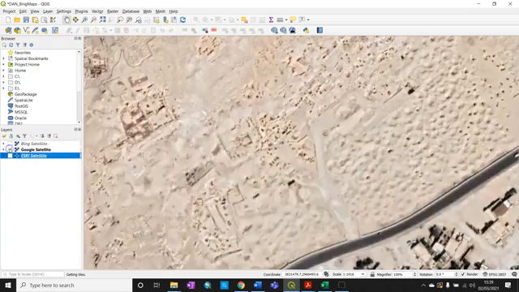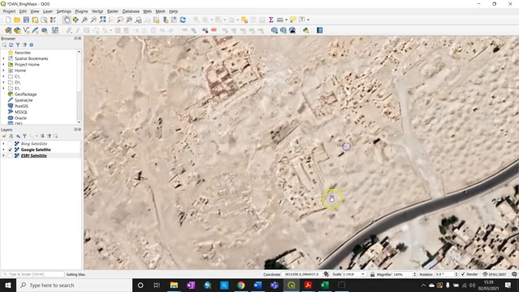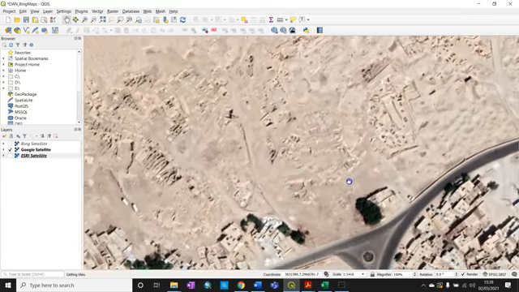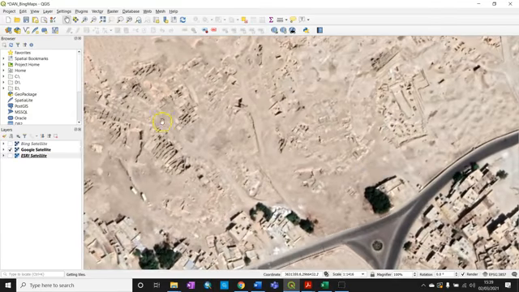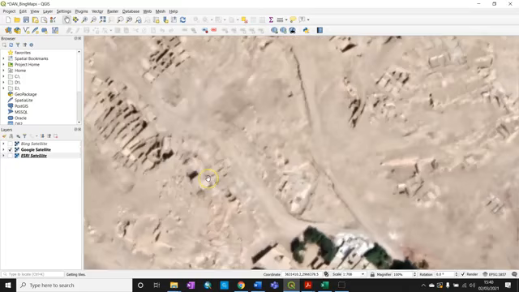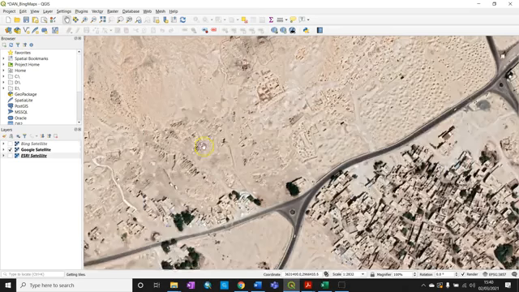So if we turn on the Google satellite image, so this is what you would get if you open Google Earth. Based on opening Google Earth, I can actually tell you it was taken in November 2020, so it's a very recent image. And you can see that instead of the demolished rubble from the houses, we actually have quite a lot of tombs in this area. So this is the area to the west of the GeoEye project's concession, and you can see that there's quite a lot of tombs being exposed and cleaned up for research and excavation in this area where